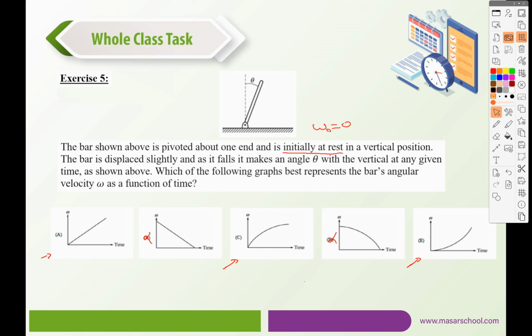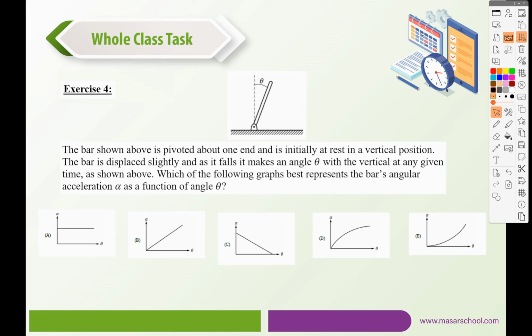In order to understand which one is the correct one, we need to refer to the angular acceleration alpha. Now from the angular acceleration alpha, and after we know that the correct answer is given by D,